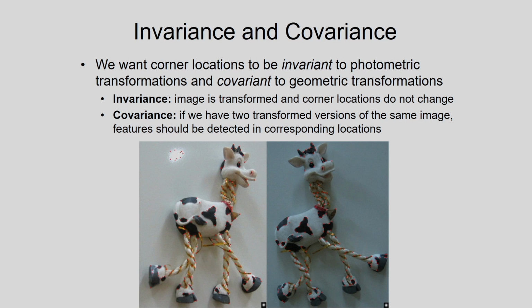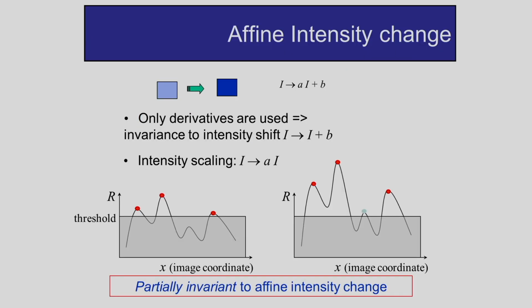Here you can see I am determining the corner points or the interest points, and in this case I am considering affine transformation, that is I may consider rotation, translation, scaling like this, and also I am considering photometric variations. So this concept is quite important. In this case I am showing one case, that is the affine intensity change. So I am showing these two images and the intensity is changed. I is the intensity of the original image, and after this I am doing the intensity scaling. The intensity is scaled to A times I, and I am considering the offset to be, suppose, B.